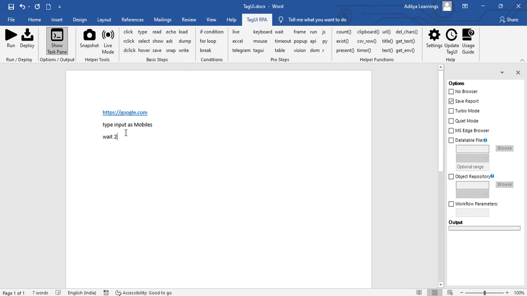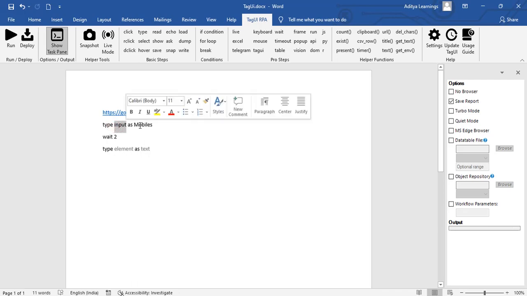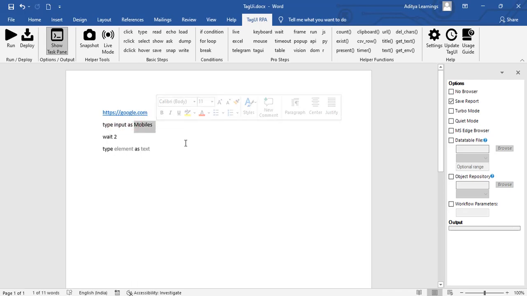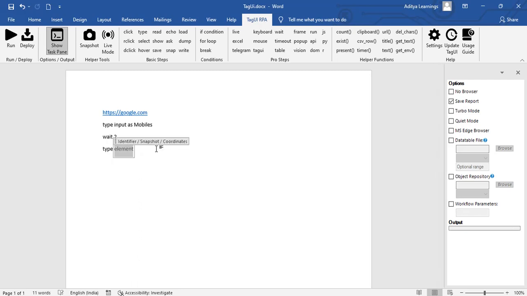Let's say you take type, it will tell you what elements are required here. Like we need to give an element where we need to type, and then the text that needs to be entered. Like this is the element, and this is the text. So this is how we write code in this Microsoft Word plugin of TagUI.